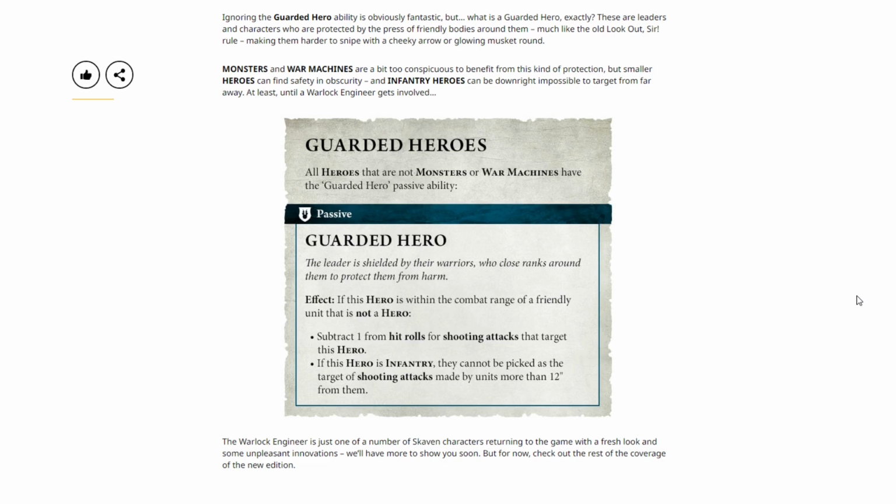If this hero is within combat range of a friendly unit that is not a hero, subtract 1 from hit rolls for shooting attacks that target this hero. If the hero is infantry, they cannot be picked as a target of shooting attacks made by units more than 12 inches from them. Okay, so this is very similar to what we saw in 40k with Lone Operative